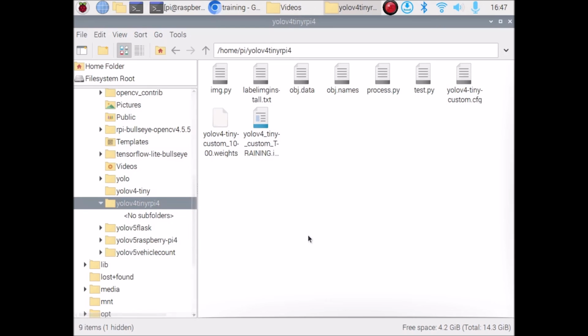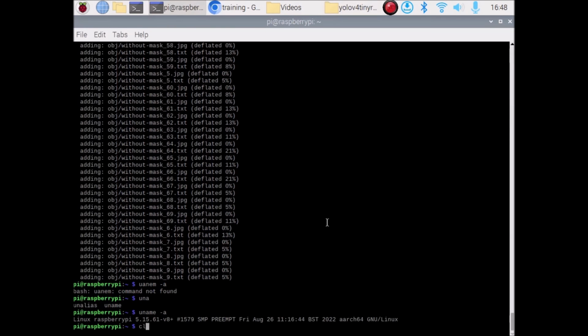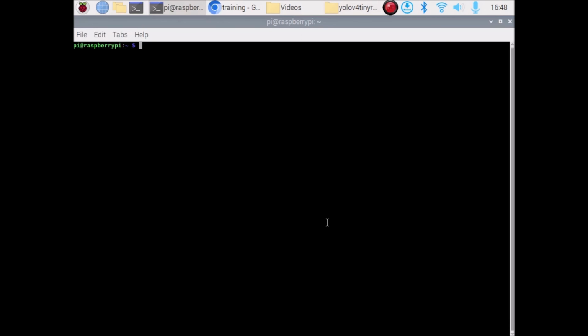Now I have already created the Python script for detecting our custom objects with our weights file. For that, we first need the TensorFlow main version and the cvlib package. So simply we are going to open our terminal. Let me clear the screen. We are going to install TensorFlow first. TensorFlow main version, not TensorFlow Lite. Sudo pip3 install